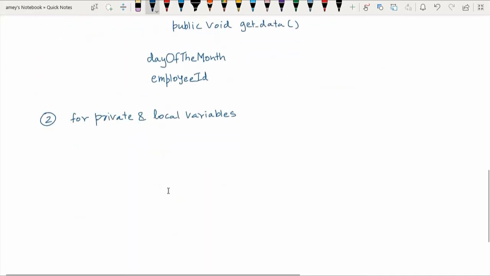But if your variable that you are declaring is a private variable or a local variable, that is all the variables that you are declaring within a method, within a function, so all these local variables should use only small case or lower case letters combined with underscore.